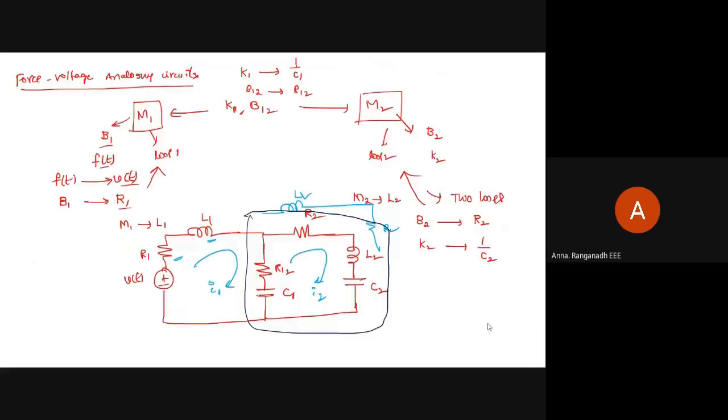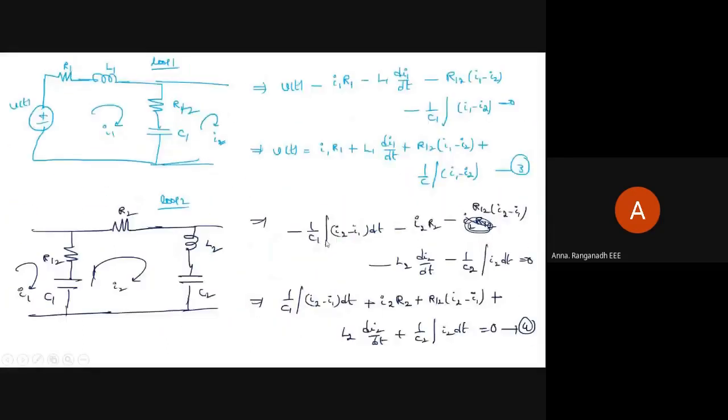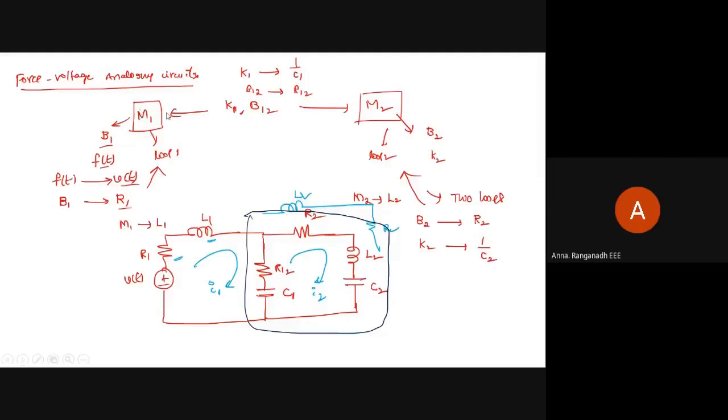So you just need to draw the main circuit, and from the main circuit you need to take the individual circuits, loop 1 and loop 2, and apply the loop equations. If you go for the force current analogy, you can apply the nodal equation like KCL, nodes, node 1, node 2. How we are going to do it, we'll see. Once again I'm repeating, here voltage means 2 loops, you can apply the KVL. Force current means we have 2 nodes, node 1 and node 2, we can apply the KCLs. Here I draw what are the elements strictly spent for M1, what are the elements strictly spent for M2, and what are the elements connected between them. Based on that only I draw.